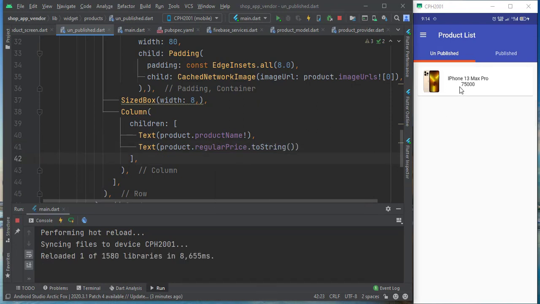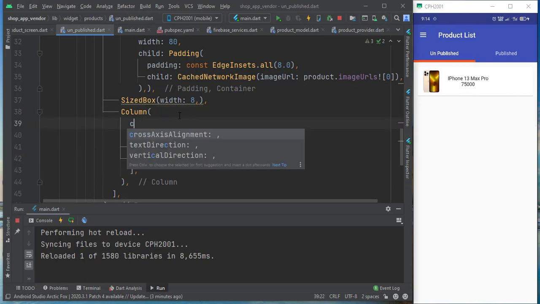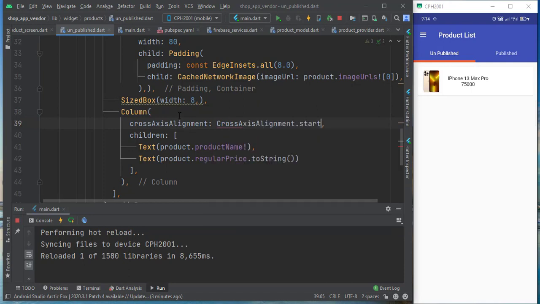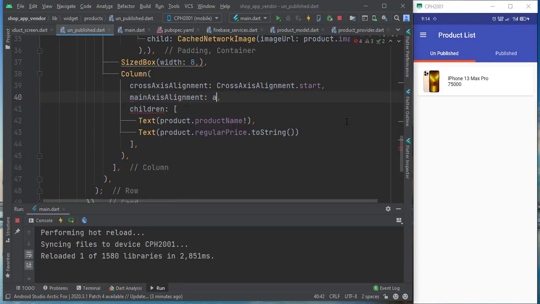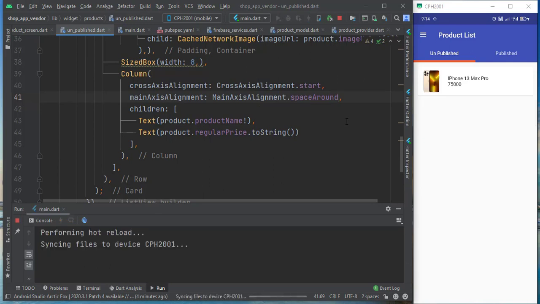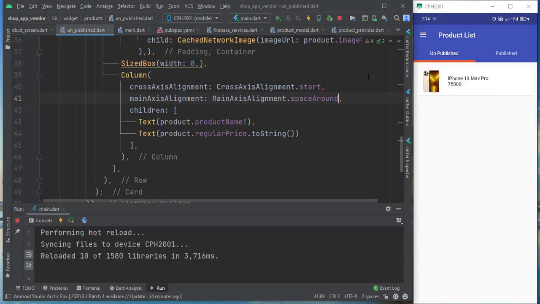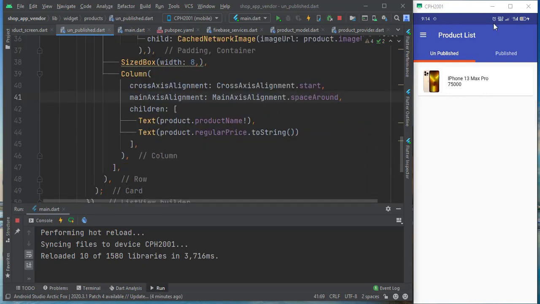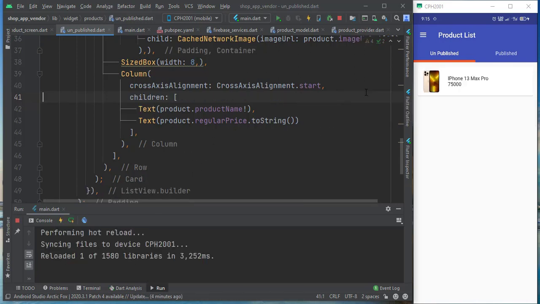Okay, it's now showing the price also, but the problem is it's showing in the middle, right? So we want to show cross axis alignment dot start. Then what will happen? Yeah, now it's showing correctly. And main axis also, main axis alignment, we want to show main axis alignment dot space around. Or space between. No. Okay, now